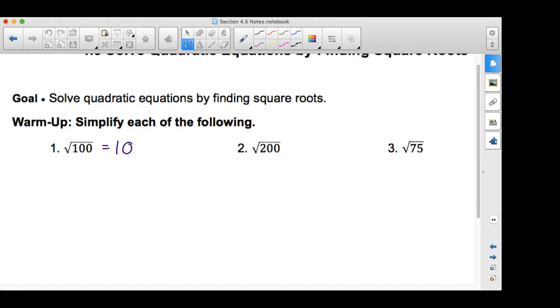So how can we break up the square root of 200? What two things multiply together to be 200 where one of them may be a perfect square? Jaden? Yeah, so we can break this up into 100 and 2. Two radicals being multiplied together